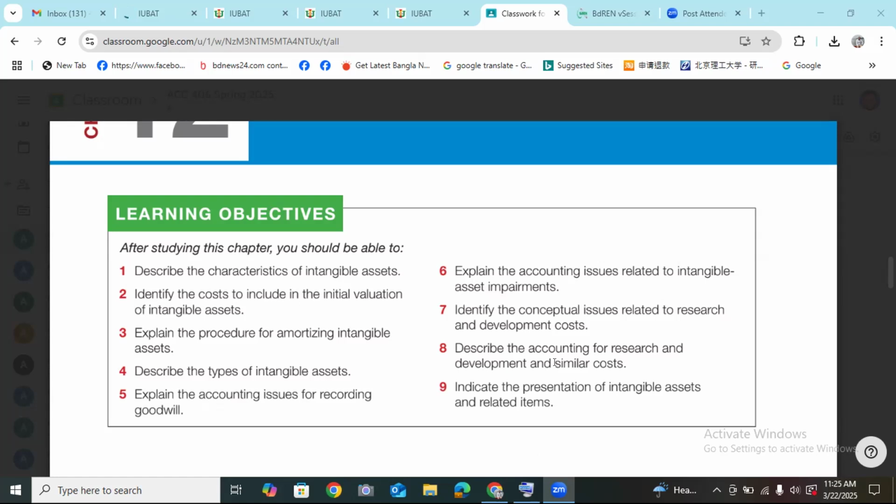Describe the accounting for research and development and similar costs. So these are the topics. That means